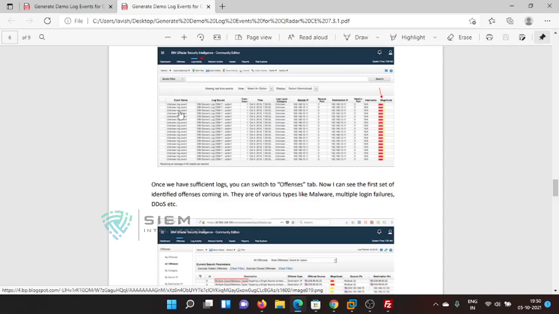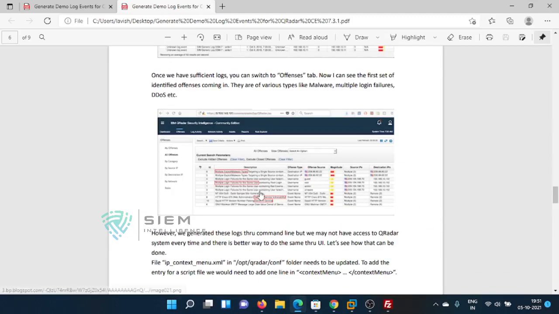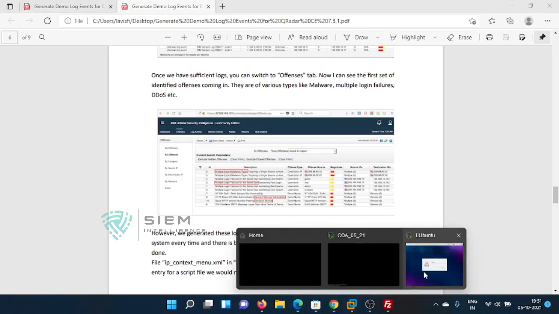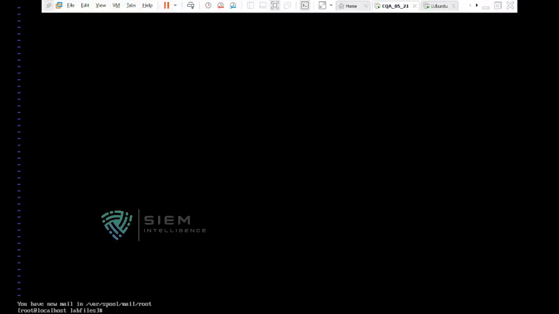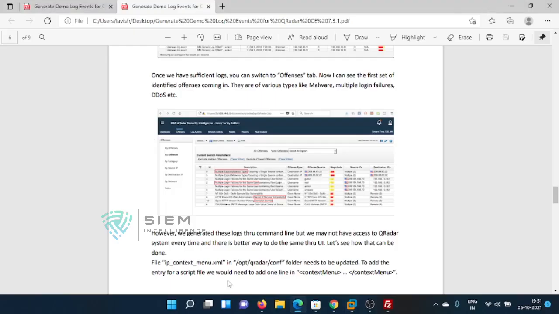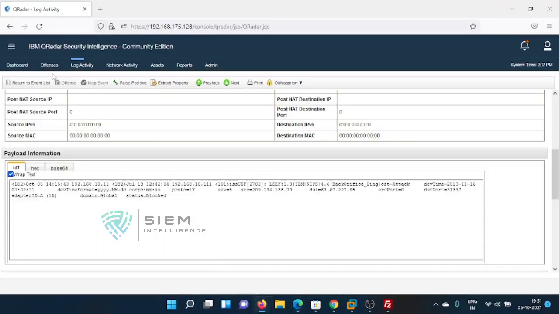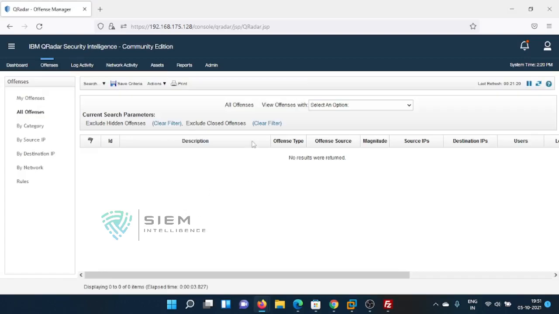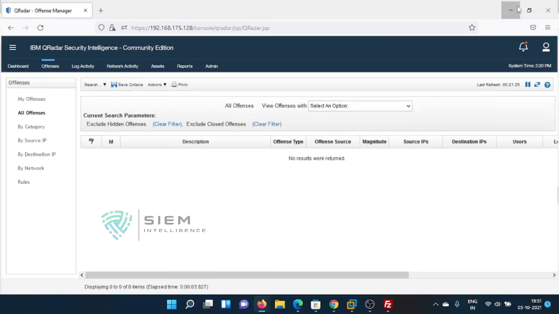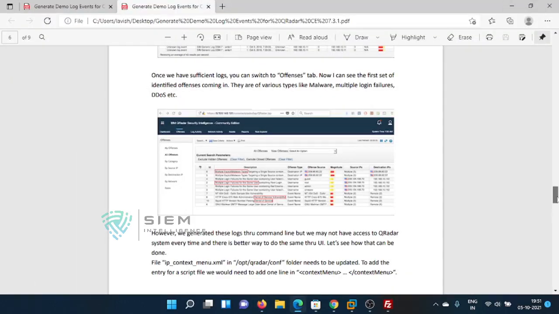You need to create a DSM editor. All those things will be seen in future, no worries. So it will create some offenses. I think yesterday, due to some issue, my system got some problem. I'll restore my system tomorrow. I think it is not showing these offenses. We'll see, no worries. There are so many days available in future.